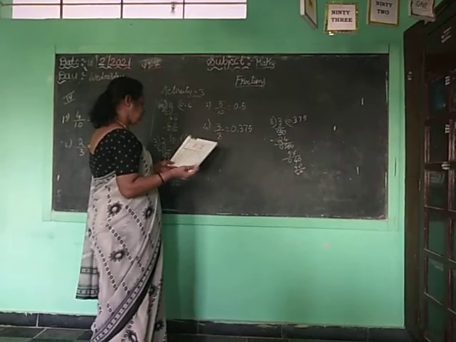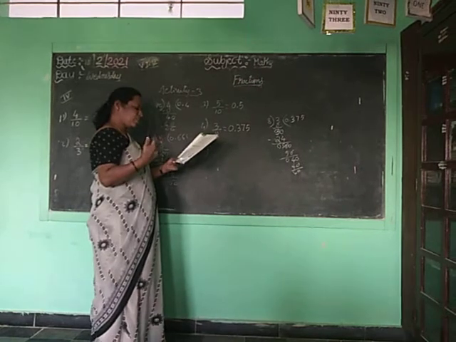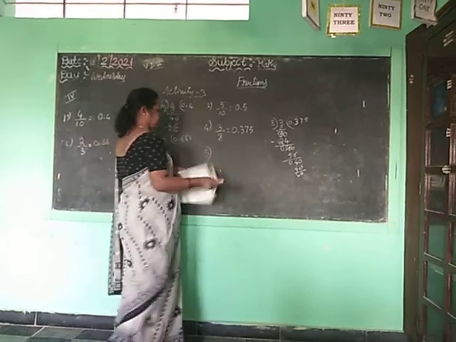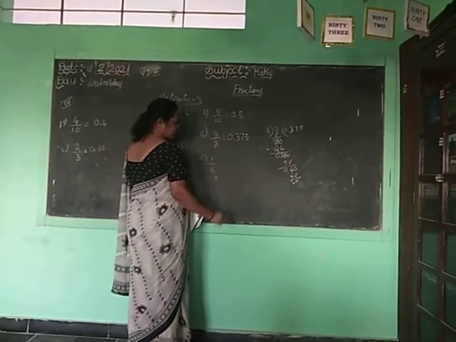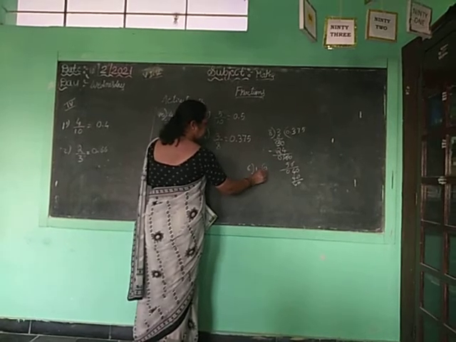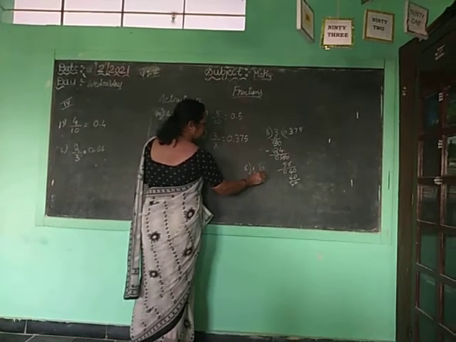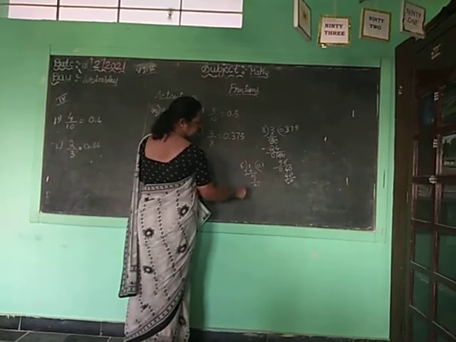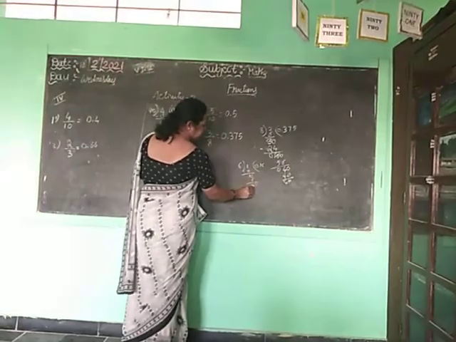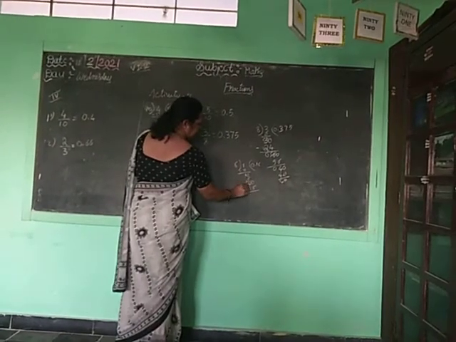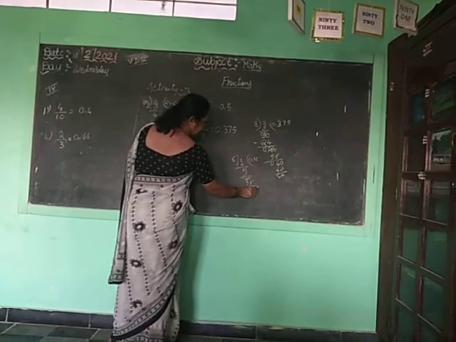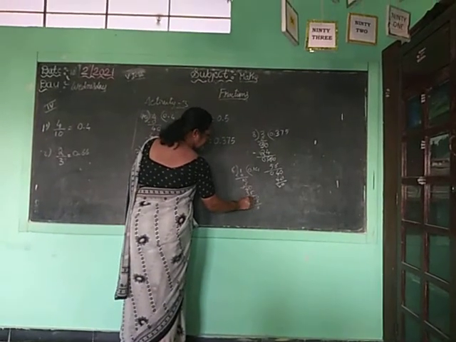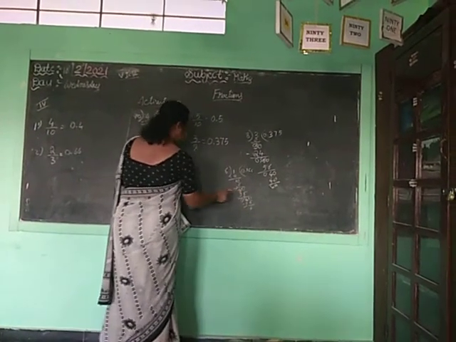So if they given 8 by 10 means 0.8, 3 by 10 means 0.3, 6 by 10 means 0.6 you will write. Okay. Now 1 by 6. 1 by 6 what you will do children? From 6 you divide 1. Zeros are 0. Put a point, add a 0. 6 ones are 6, it comes 4. Okay, add 0. 6 6s are 36. From 40, 36 will go 4. Again add 0. 6 6s are 36. Again it will carry on. So 0.16.